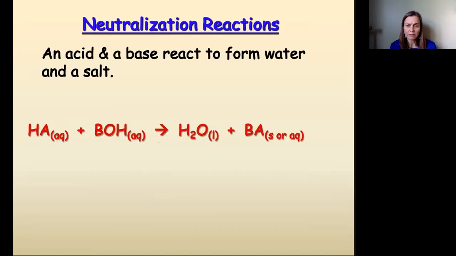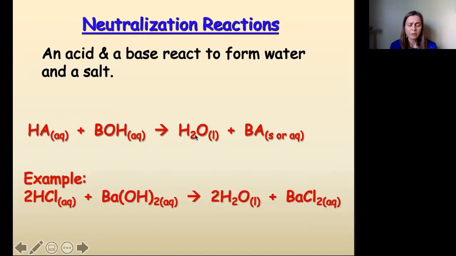So here's our generic equation. We have HA, that represents our acid, plus BOH, that represents our base. And when they come together, they form liquid water and a salt, which would be the B, the cation from the base, and A, the anion from the acid. So here's our example. We have hydrochloric acid coming together with barium hydroxide, and that's going to form water and